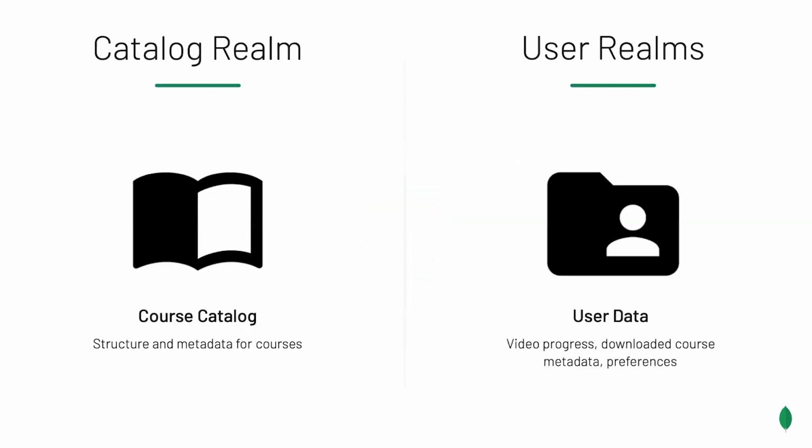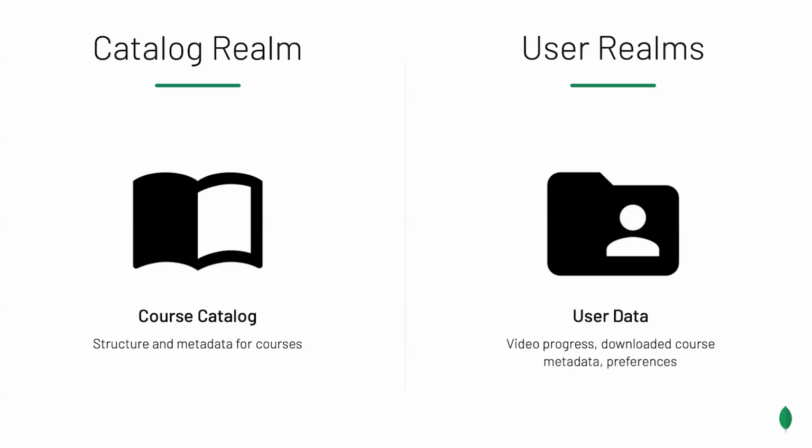With MongoDB Realm, we quickly realized that we had an opportunity to rethink our Realm schema to take advantage of the built-in syncing capabilities. Our course catalog metadata was split into a fully synchronized Realm consisting of course titles, descriptions, trainers, learning paths, and other pieces of metadata that represent the content on our platform. It is important to note that this single synchronized Realm is shared between all users, so changes to the catalog are synchronized to all devices immediately.